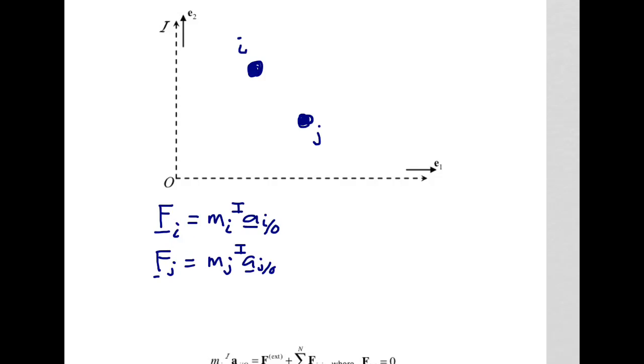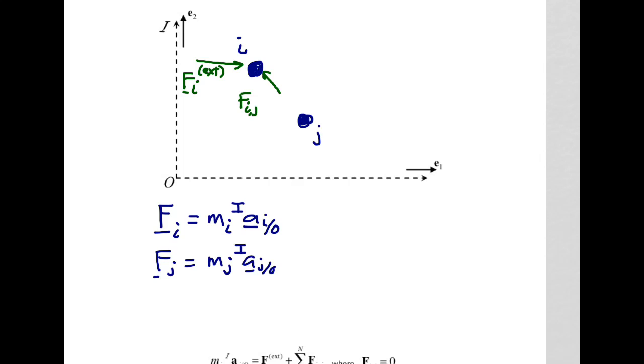Now let's apply forces to these particles. So on particle I, mass I, we can have a force that we're going to call F sub I, and this is going to be an external force. Now, I'm going to juxtapose that with an internal force. So when I say external force here, it's external from the system of particles. We also have the potential to have forces that are acting between the particles. So that means we also would have a force here that would be